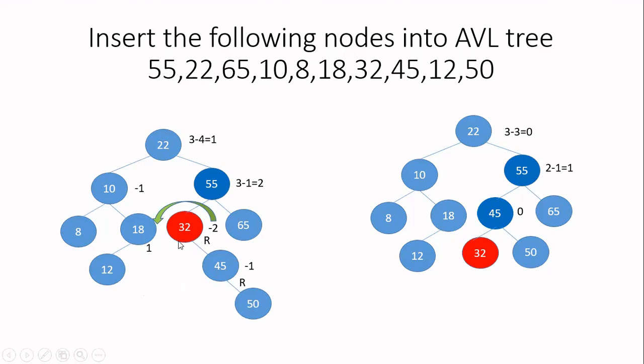So what will happen? 32 will come down. At the same time, 45 and 50 will move up. So your tree will be changed like this. 32 came down, 45 occupied the position of 32, 50 occupied the position of 45. Now you can calculate the balance factor of your tree. Previously, 32 and 55 were the problem. Now 32 is here, which has the balance factor as 0. For 55 also, in the left subtree we have 2 links, in the right subtree we have 1 link. So the balance factor of 55 is 2 minus 1, it is 1. So we have balanced both the nodes. By balancing one node, automatically the other node is balanced.